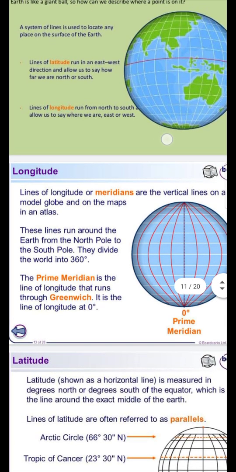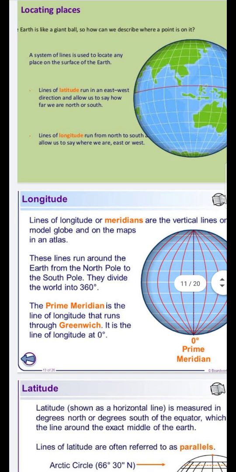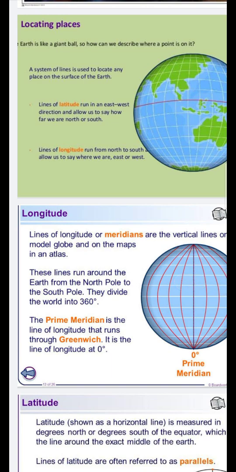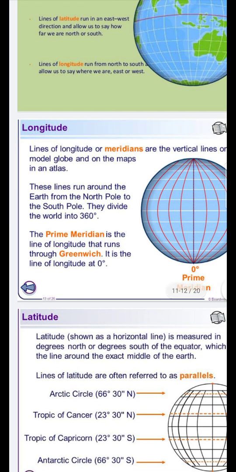These are some questions which are in our mind also. How far east or west is it, how far north and south is it? So that is the line of latitude, north or south. Lines of longitude also run from north to south and allow us to say east or west. Here are some